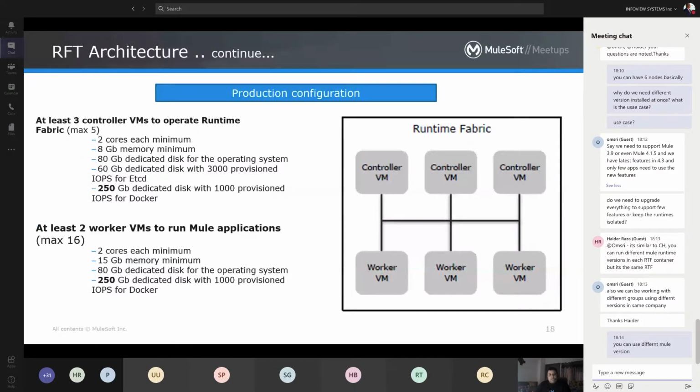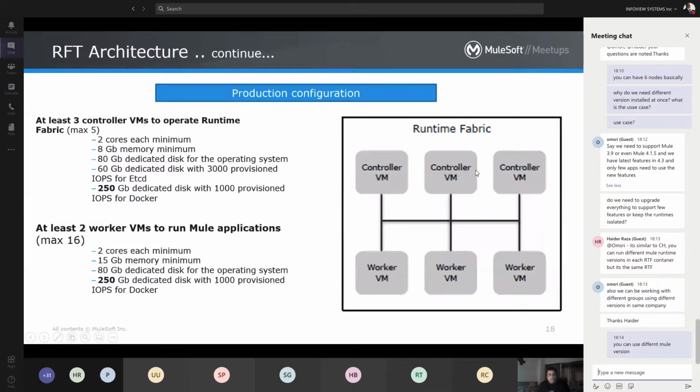Okay, so this is production. As I stated, at least 6 servers are required while configuring Runtime Fabric in a production environment. As I already explained why 6 servers are required: if any server goes out of network or out of service, then 2 servers should still be available to provide the best service and high availability of the platform.